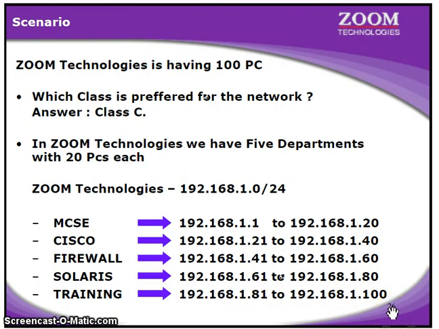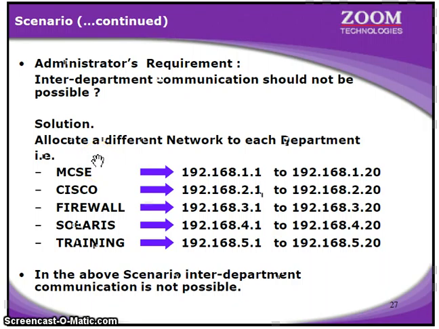These are the 100 IP addresses required by the company. Now this is one way to do it. Now if we put any restriction like inter-department communication should not be possible, then we will have to allot a different network